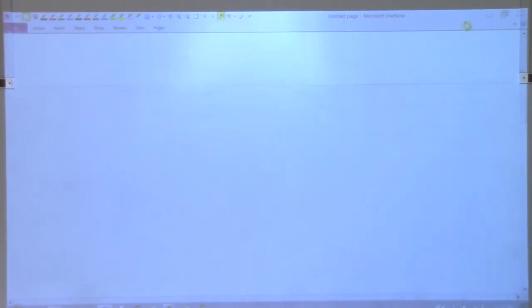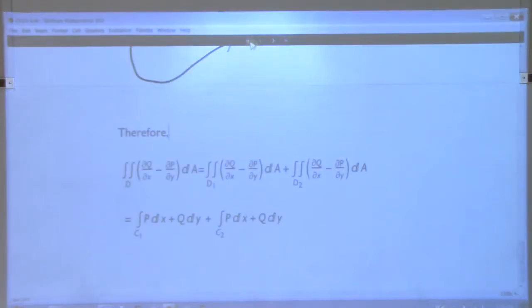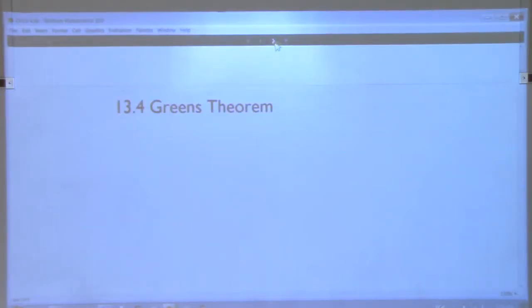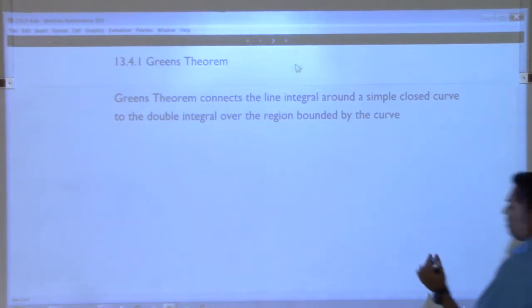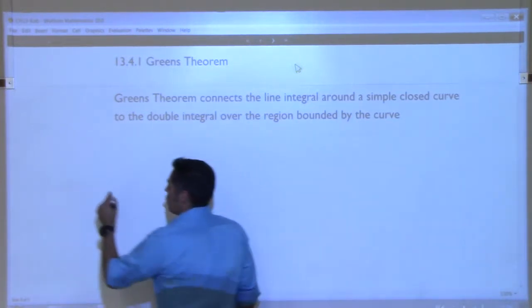All right, Green's theorem. I said we were going to start that today. So Green's theorem connects the line integral around a simple closed curve to the double integral over the region bounded by the curve. And I want to remind everyone of something here,